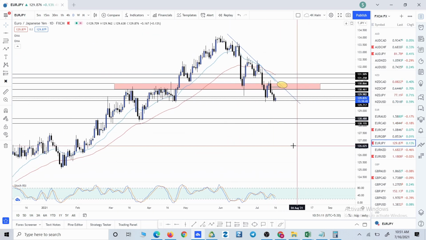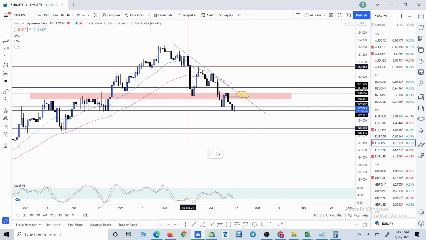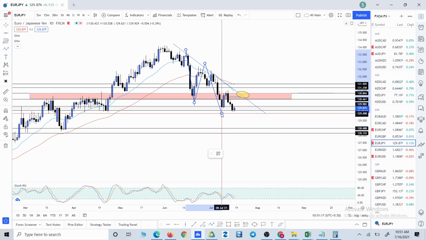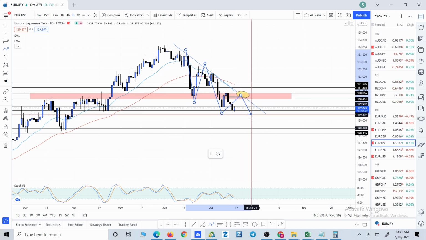On the EURJPY, guys, it's also in a downtrend. We start from here. We have the lower high and the lower low. After making this lower low, price retraced back to this zone and got rejected from this red highlighted zone. But still, we did not close below the previous low. So I will still be waiting for the price to enter this red highlighted yellow zone again and get the rejection